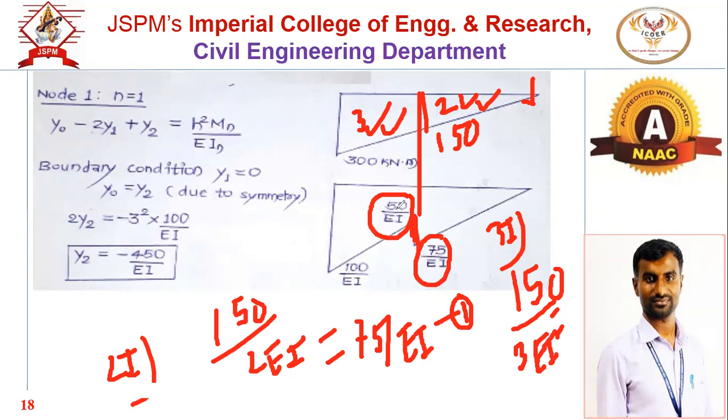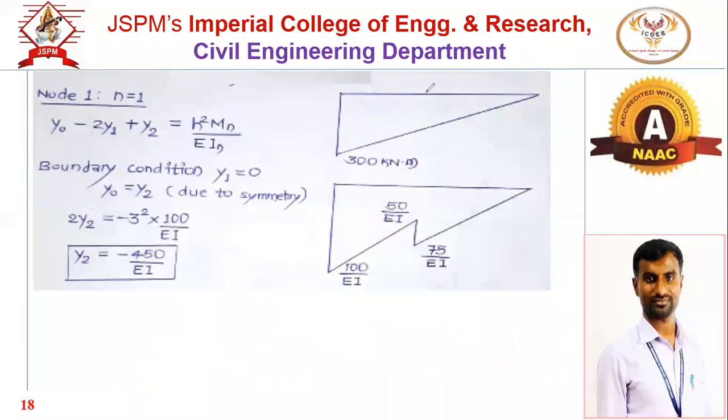At that node, these are the two bending moments. So take the average, 50 plus 75 divided by 2. At a node, if there is a junction having a change in cross section, take the average of M by EI, or take the bending moment divided by the average of the cross section. Do whichever seems simple. So I will suggest go with the first.